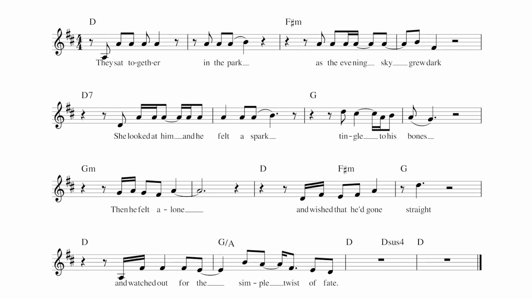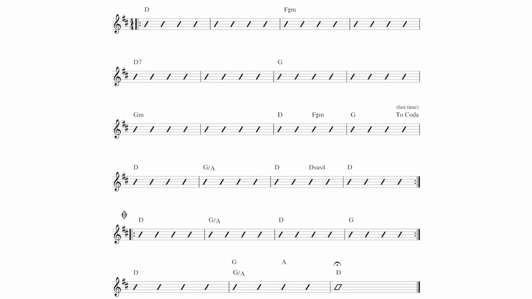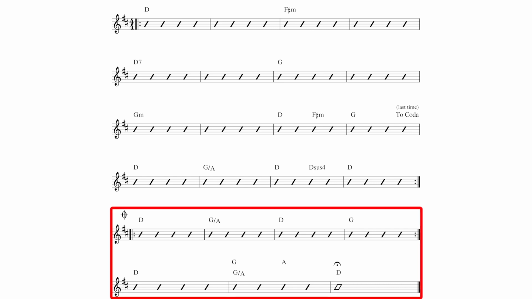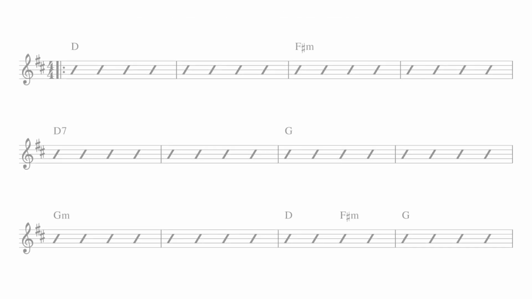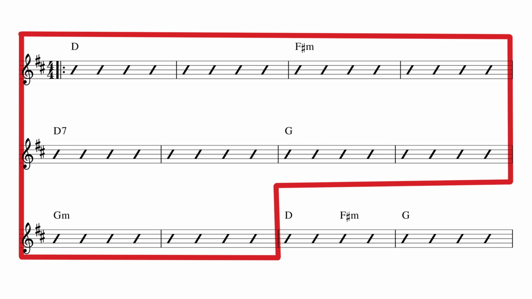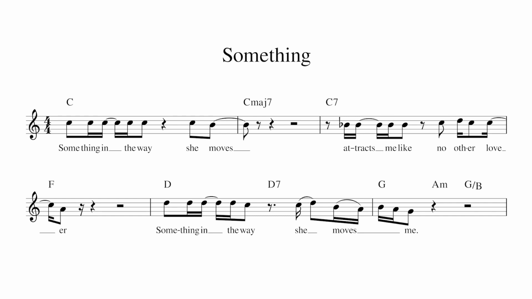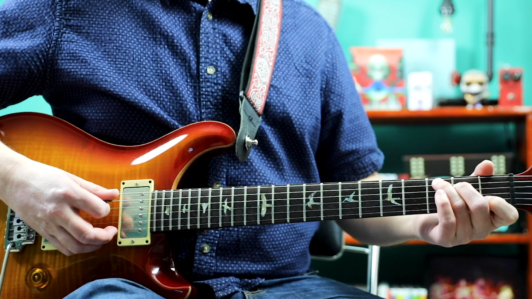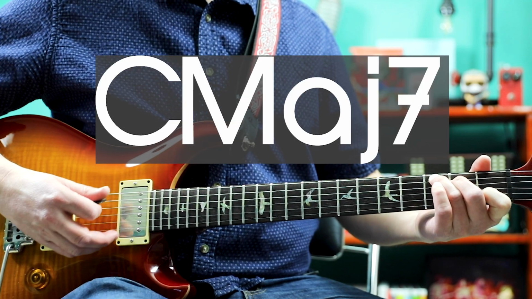The chord progression is a 16-bar progression that repeats throughout the song. The only variation is the tag at the end, which I labeled coda on the chart. The first 5 chords are a variation of a common chord progression, similar to the Beatles' Something and Stevie Wonder's Evil. Alright, the Beatles' Something goes C, C major 7,